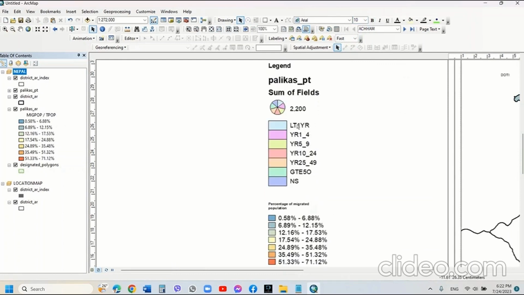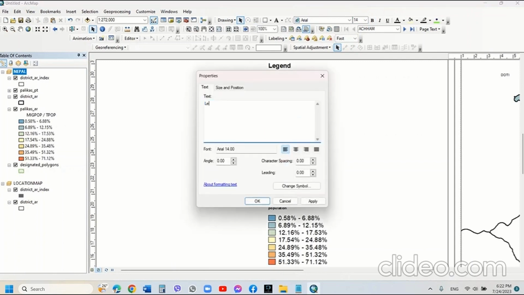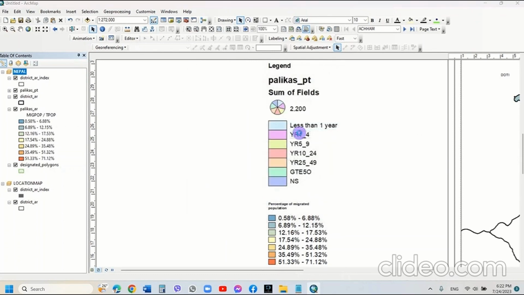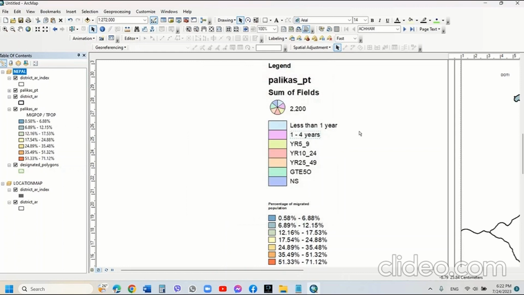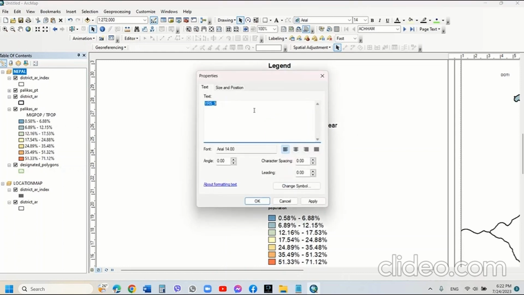For here also we can just write the explanation: less than 1 year, 1 to 4 years, similarly 5 to 9 years, 10 to 24 years,